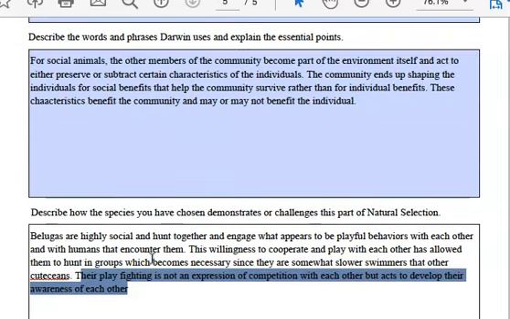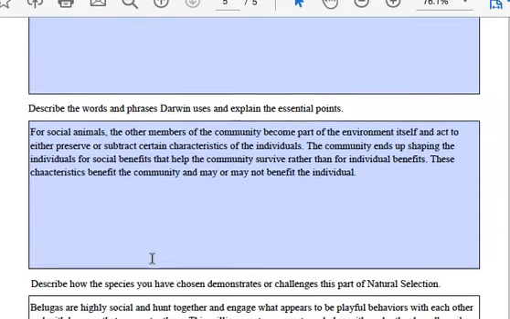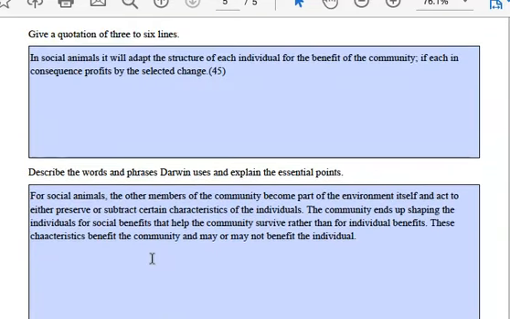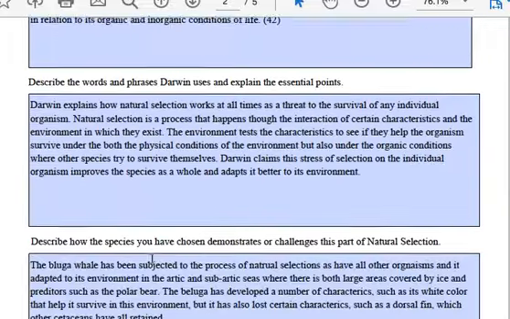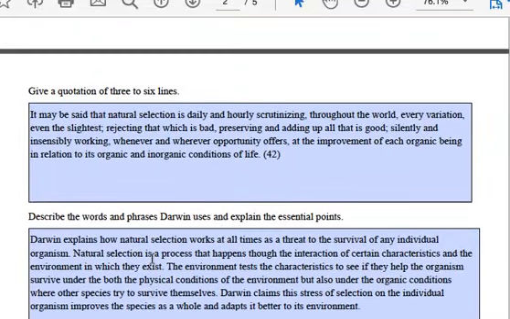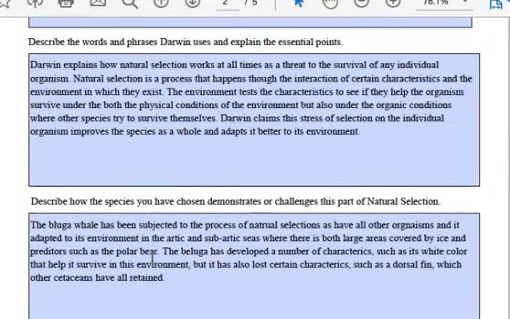In other words, they start coordinating with each other to work together during hunts. So I did that one, and I'll go back over the paragraphs. This was the first body paragraph, and I went into how the beluga is adapted to its subarctic environment, and it's got a number of characteristics. I'm going to come back to this and refine it, but right now I'm saying that the beluga is adapted